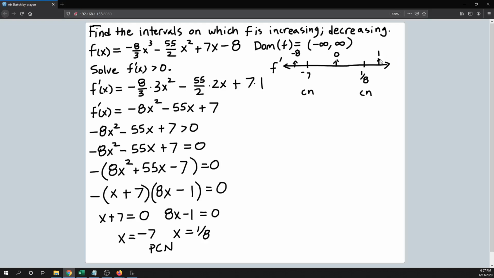The reason why we're doing that is because on each piece, right, it's all or nothing. Either every number is the solution on this piece to this inequality, or none of them are. Okay, and so we can figure out whether it's all or none by just testing a point on each. All right, so I'm going to take these test numbers and plug them back into this original inequality. That is -8x squared minus 55x plus 7 greater than 0. Okay, so starting out with a 1, when I plug a 1 in there,